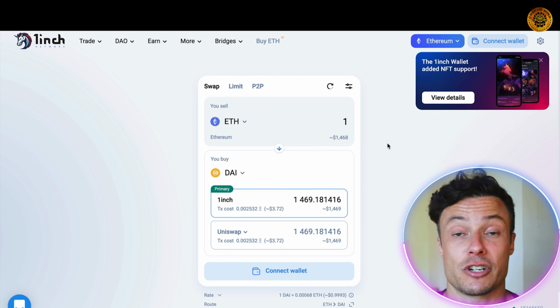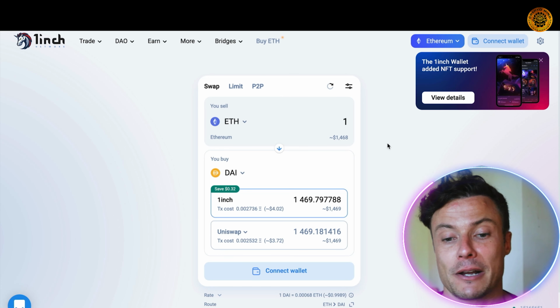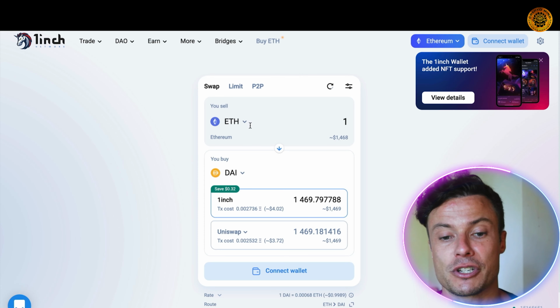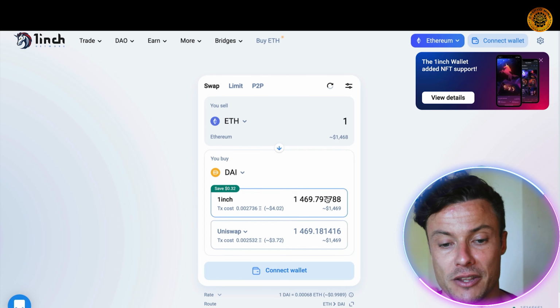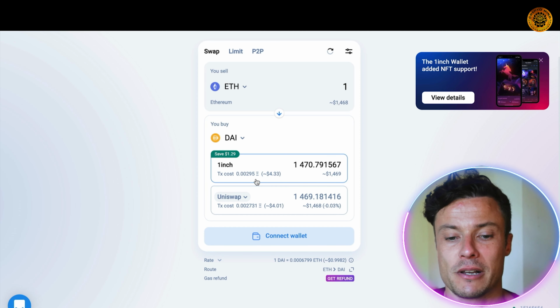Now, when I first got into crypto, and a lot of people who are getting into crypto, it can be a bit overwhelming when you're met by all these complicated looking trading charts, etc. And sometimes you just want to sell a particular coin and turn them into another. And what's really cool, guys, it gives you a price comparison on Uniswap here,